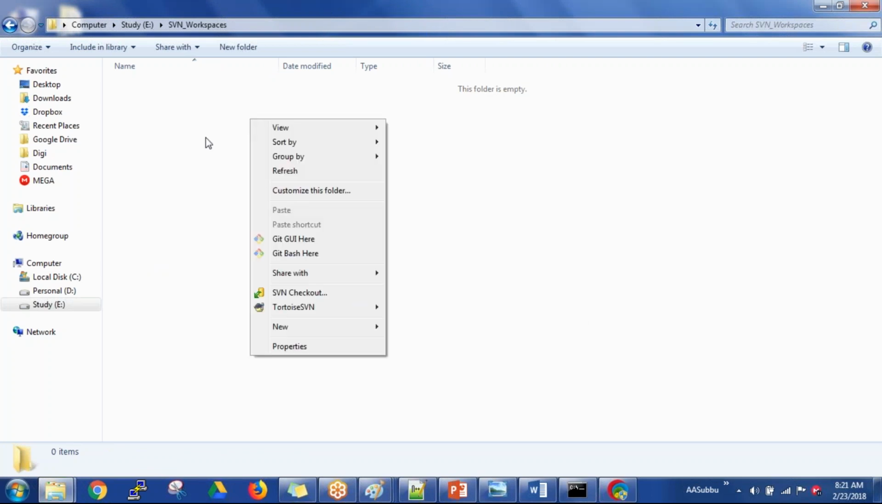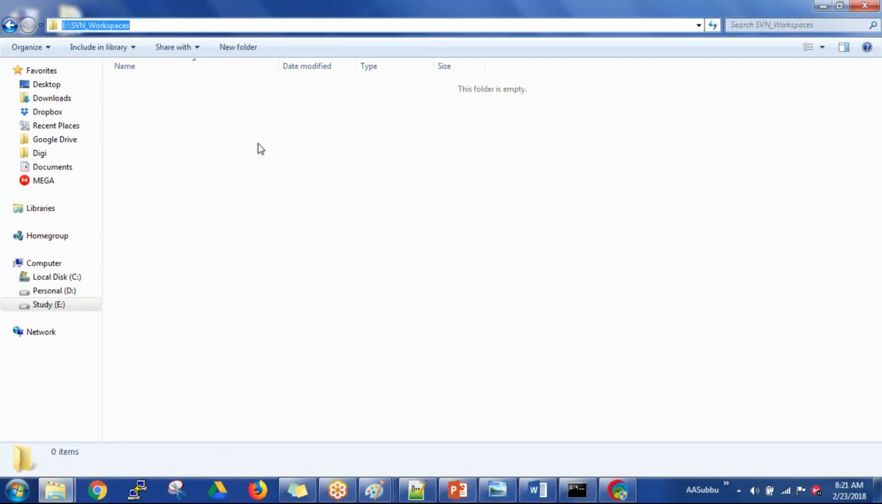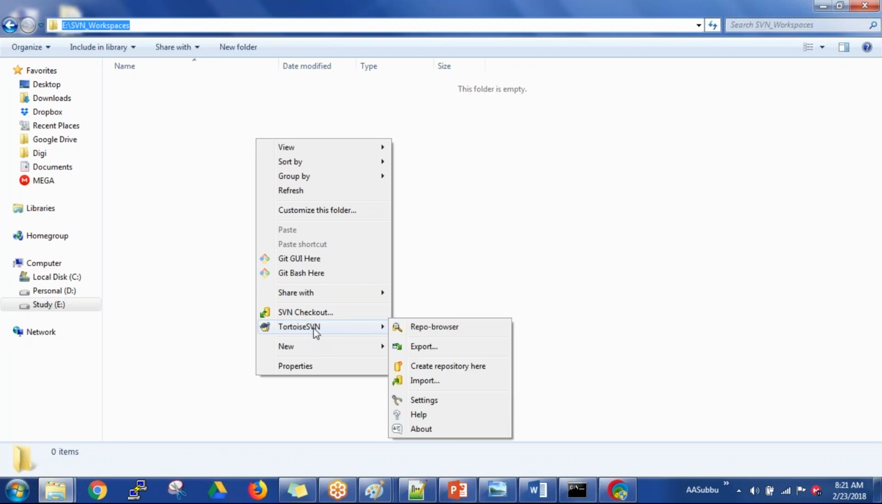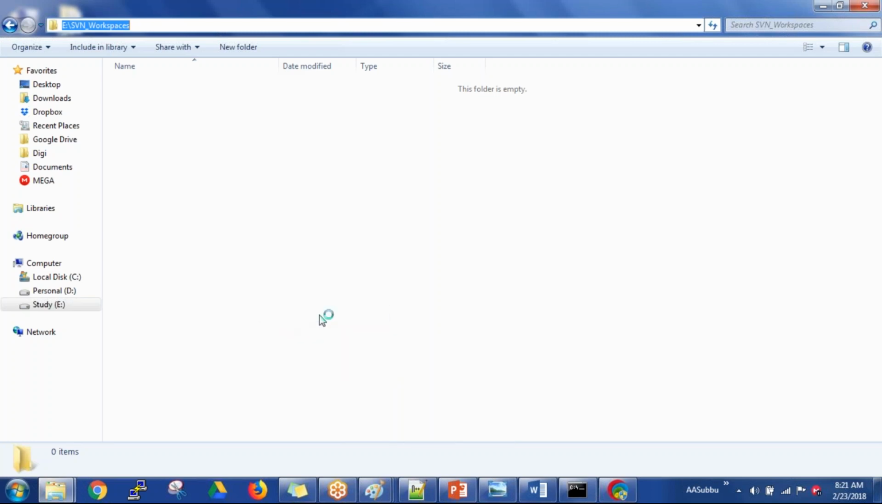Right, they will go to their workspace. Okay, their workspace, and they will go to the TortoiseSVN. Okay, and then, sorry, you can go here, SVN Checkout. You can see the option called SVN Checkout here. Click on the